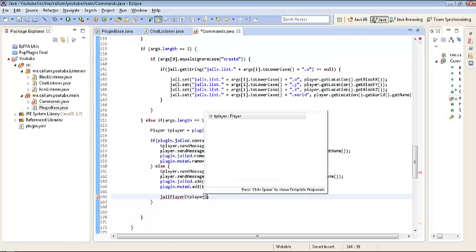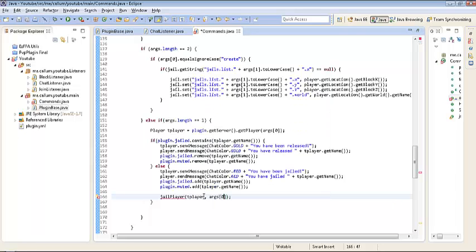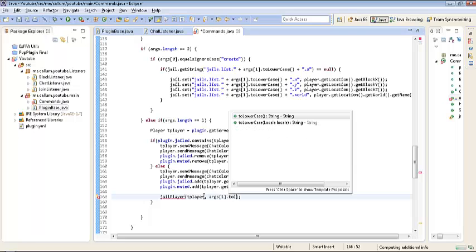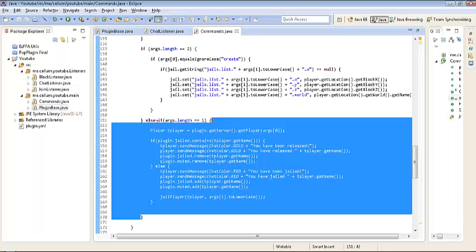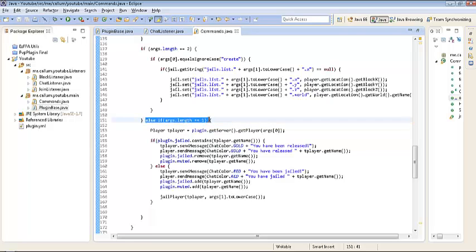And then we will just put args1 dot to lowercase, and we will change that. I'll remove that line there. Hang on. So if that is equal to create,